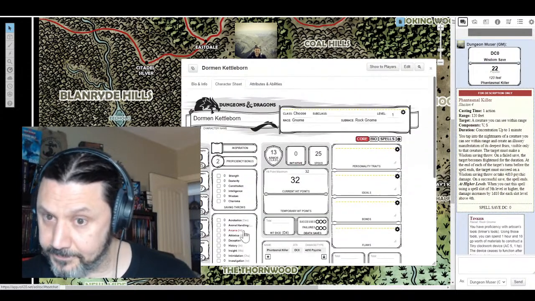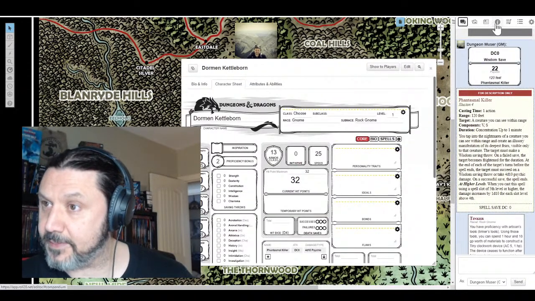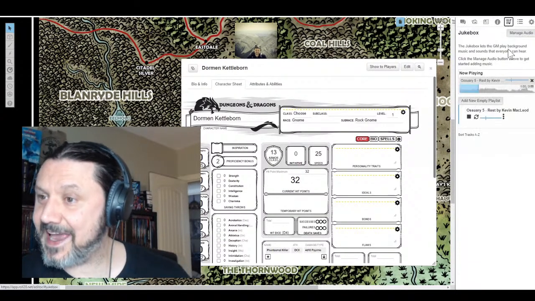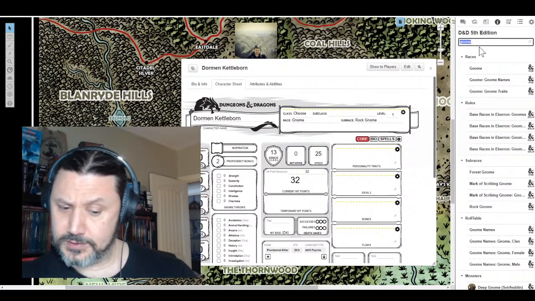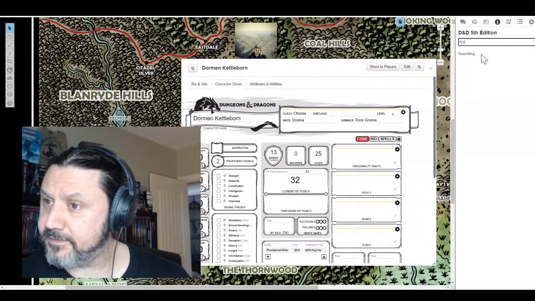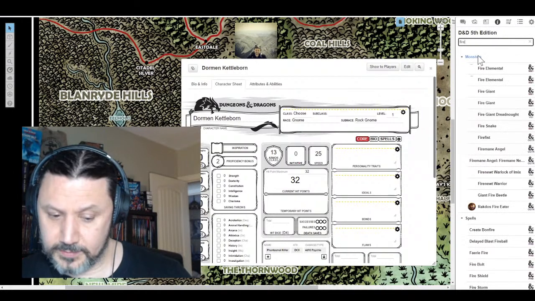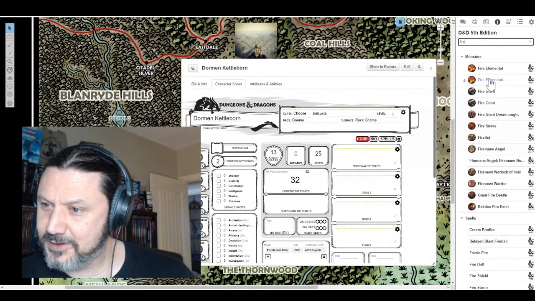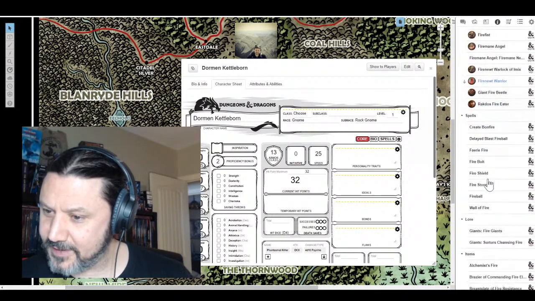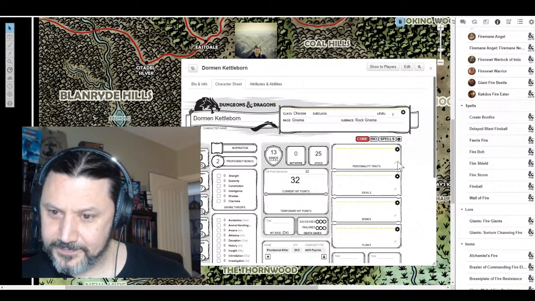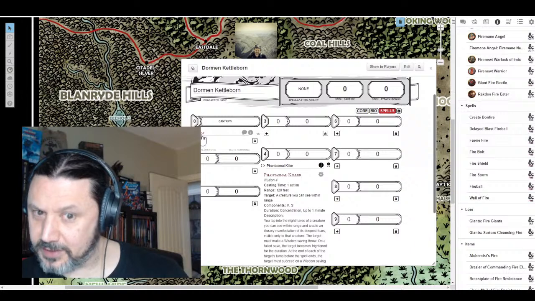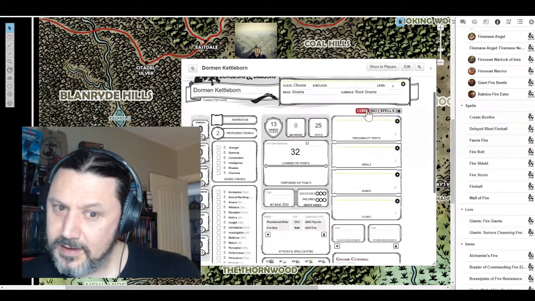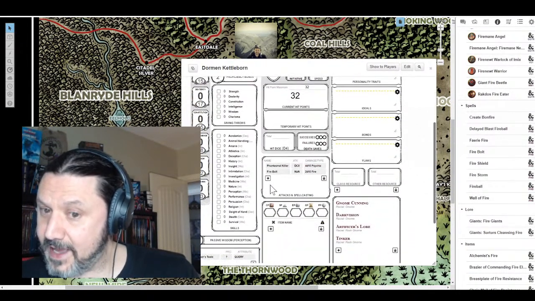So let's say that Dorman is an illusionist, and by 2nd edition rules he can't cast evocations, but we're living in the 5th edition now. So that means he can learn Firebolt. Let's find... Oh, there's a lot of stuff that shows up under fire. Oh boy. Here we go, Firebolt. So, even though I wasn't under the spells tab, that should have showed up properly. Look at that. It shows up in there, under the spells,